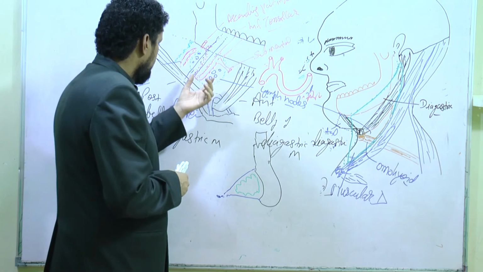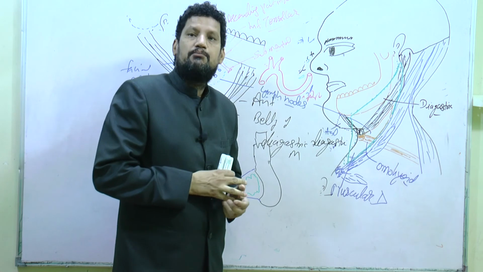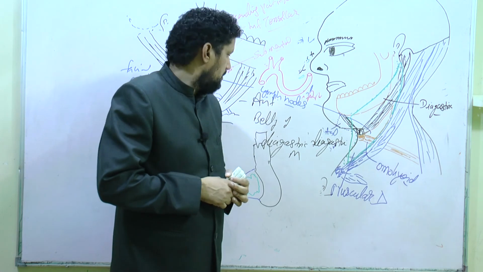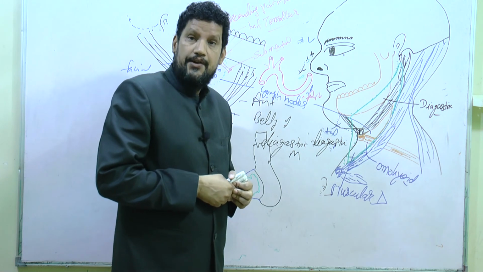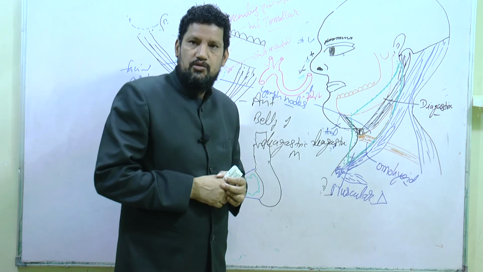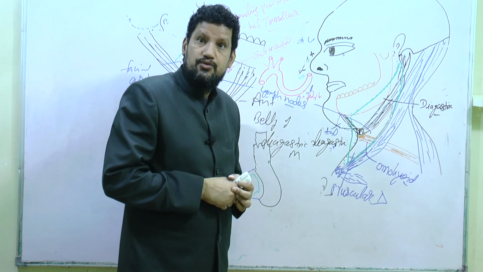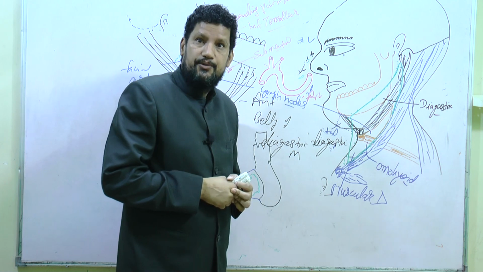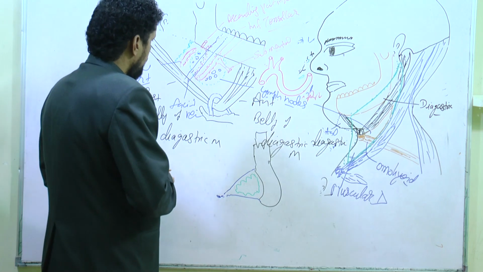They are also receiving efferents from the submental nodes, and efferents from the submandibular nodes are drained into the digastric and omohyoid lymph nodes, the jugulodigastric and jugulo-omohyoid lymph nodes. So the contents of the submandibular